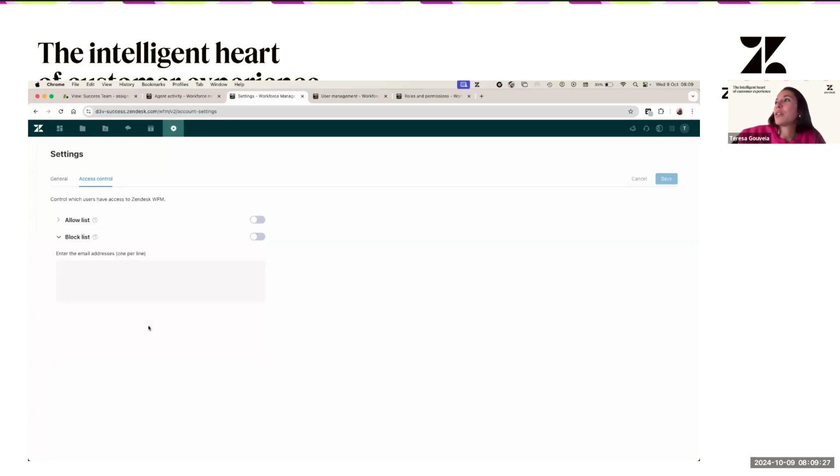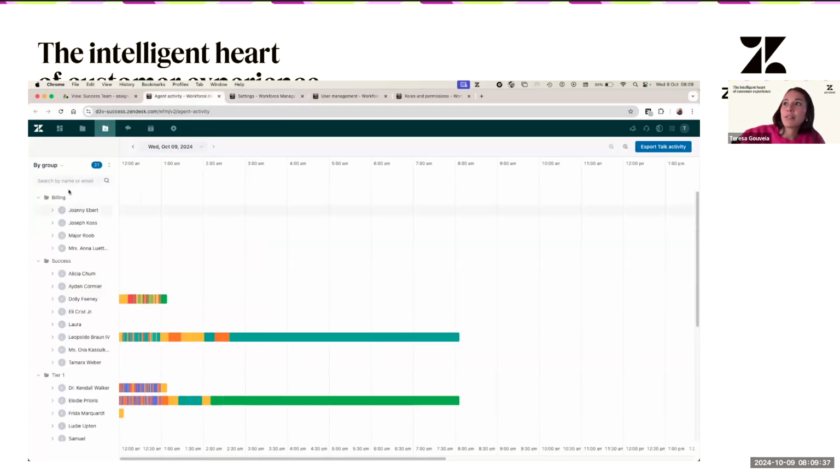So for example, when you start using Zendesk Workforce Management, we're going to sync all of the users that you have in Zendesk, and they're going to appear here. So for example, on the agent activity, I'm going to see here the total amount of users that I have in my account. So let's say that I have a couple of teams that shouldn't be tracked,